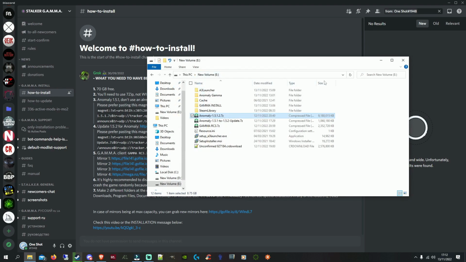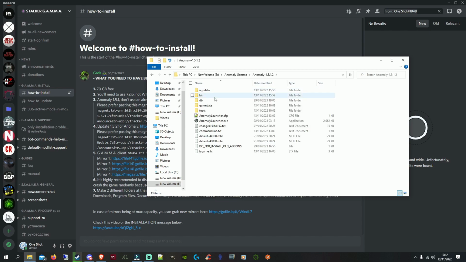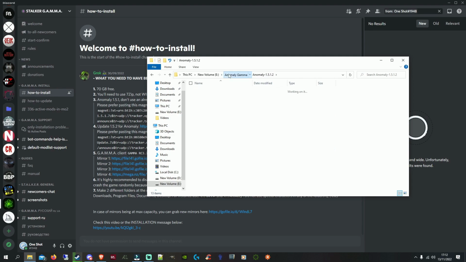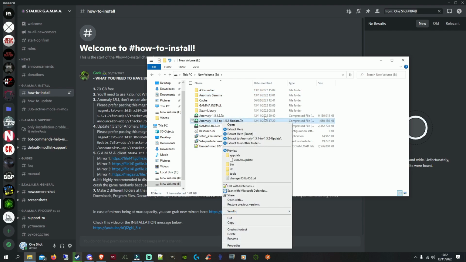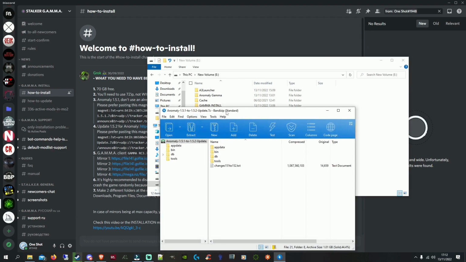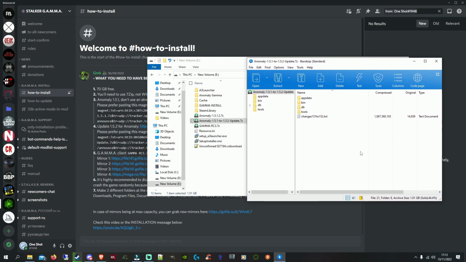You choose the hard drive you want, and then you choose the folder and you extract it. Now, I'm not going to do it because I've already done it and I don't want to mess up anything. But what it will do is, if we go into that folder, it will extract an Anomaly 1.5.1.2 folder, and inside that folder you've got all your data and all your config stuff. Once that's done, go to the Anomaly 1.5.1.2 update. Depending on what extraction program you're using, you should just be able to right click on it, open it, and then open the content from that zip. What you can do is copy everything that's there,